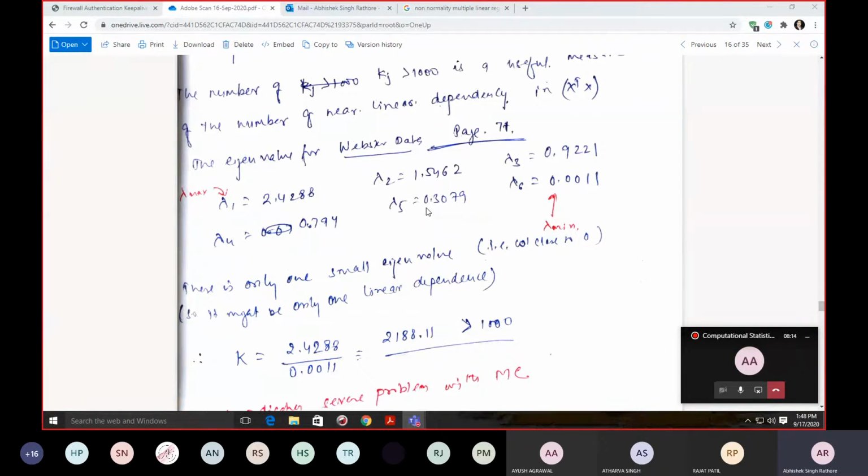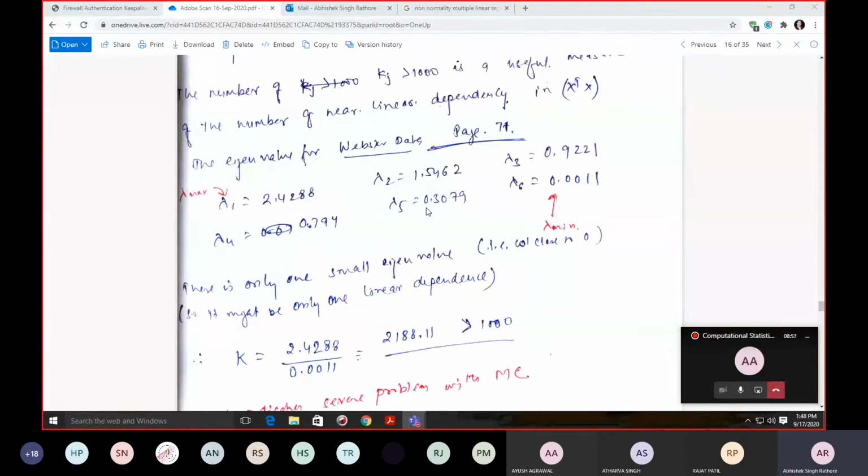So for this multicollinearity, what is the problem? We suppose that our expectation is that our parameters come with a positive sign, and actually when multicollinearity exists, you get a negative sign for that particular parameter, that is our beta. Another problem is that you are having very high variance and covariance for your estimated beta. So you cannot judge all those things.